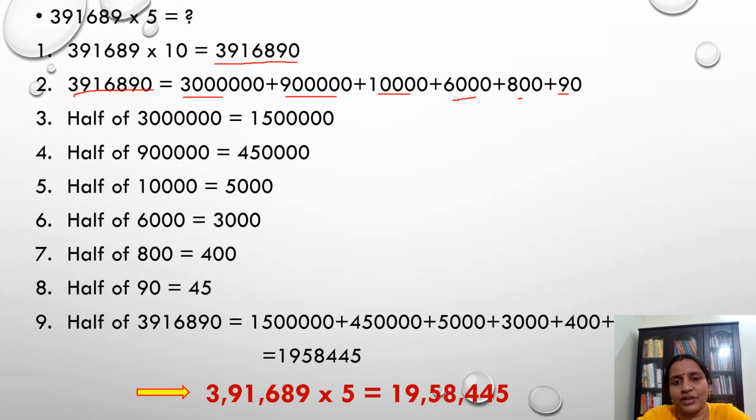What is meant by halving? Half is nothing but finding the half of a number. Half is 1 by 2, that is dividing a number by 2. And 1 by 2 is the first fraction. That is the basic fraction which we start with in our school, isn't it? Yes, half is the first fraction. Using this halving method, we can handle any fractions mentally. If we are thorough with this halving method, we can beat the fractions. We can solve a fraction within seconds.